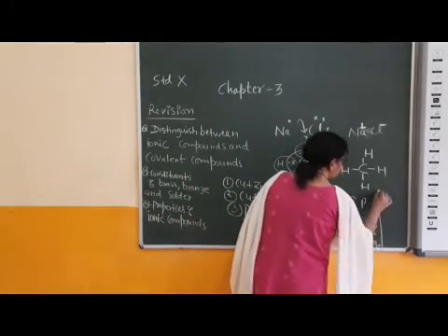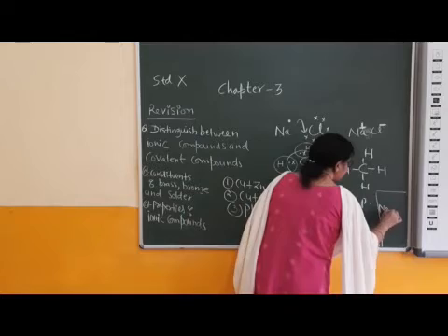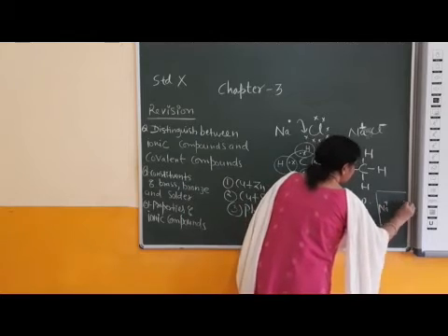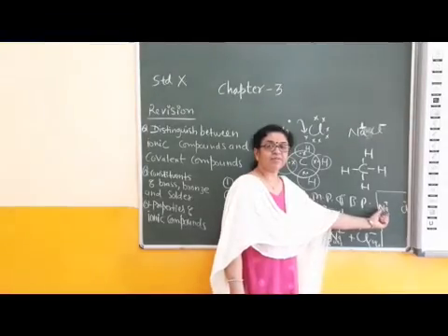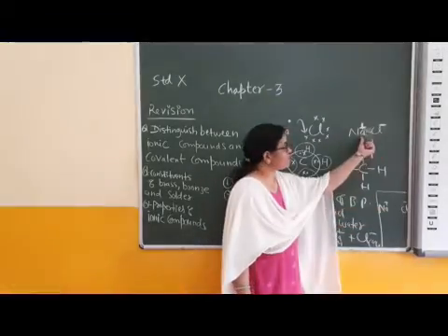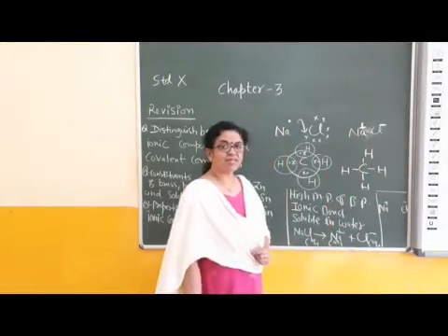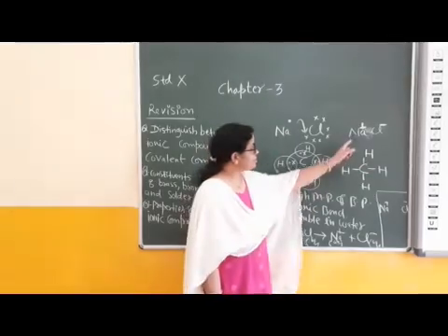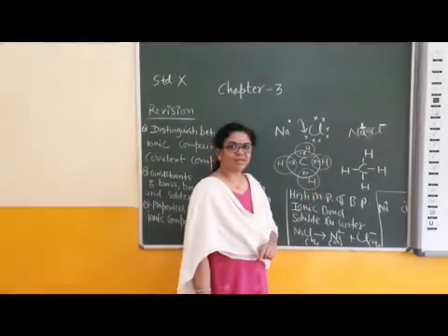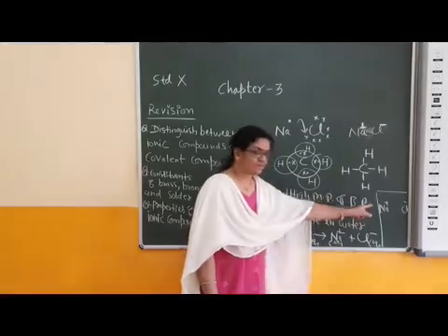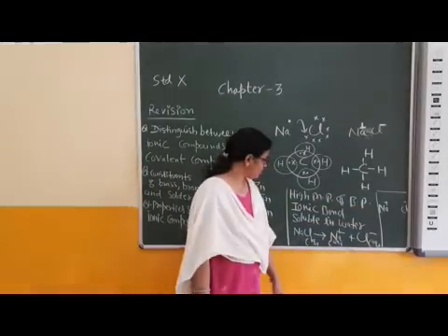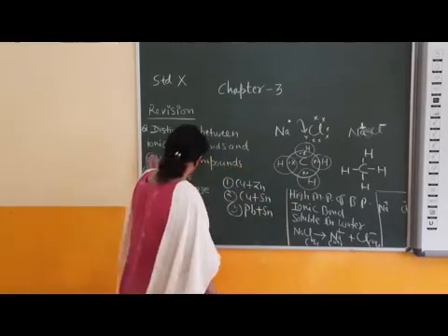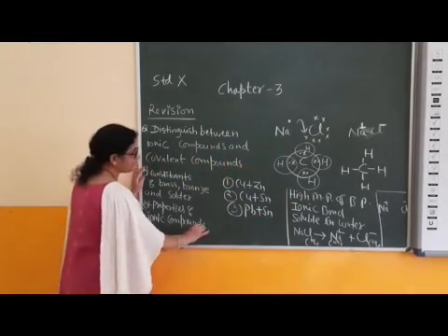Molten means semi-liquid, like this, Na+ and Cl-. In molten state, the distance increases between two ions. But in solid state, there is very strong force and ions are not free to move. This is a poor conductor. This is a conductor. This one is also showing conductivity in dissolved state. These are common features of ionic compounds.